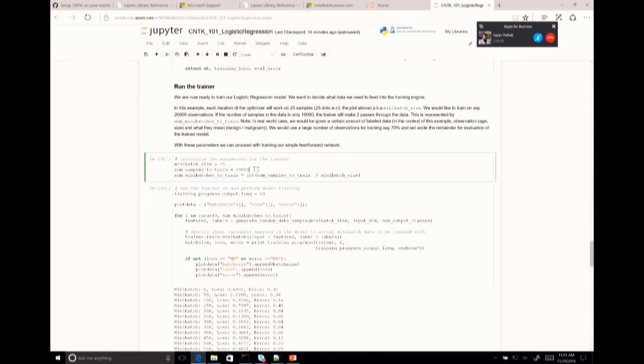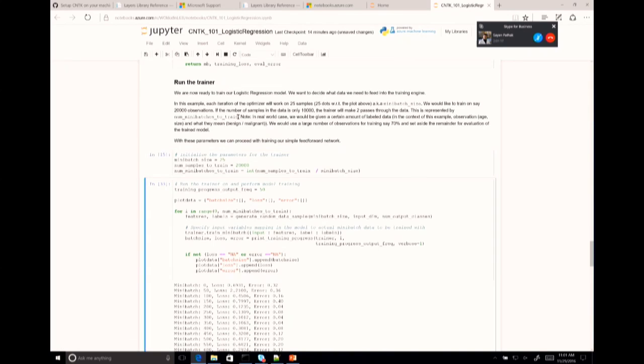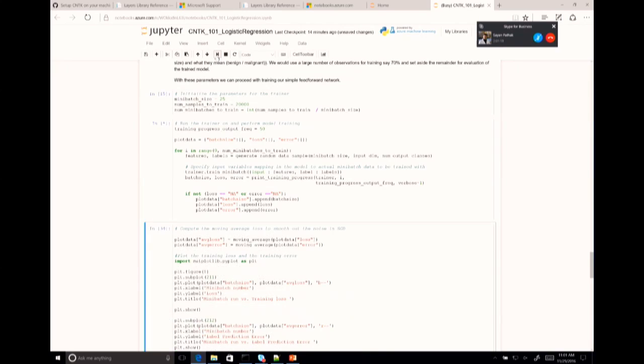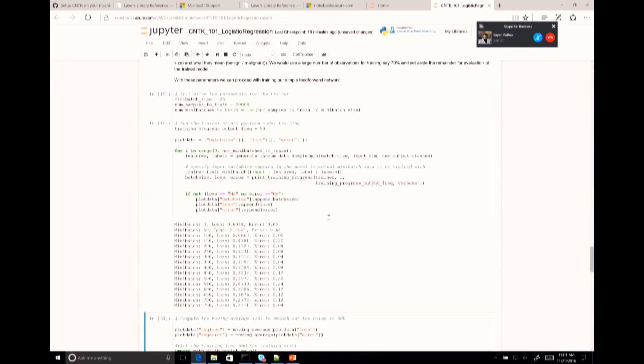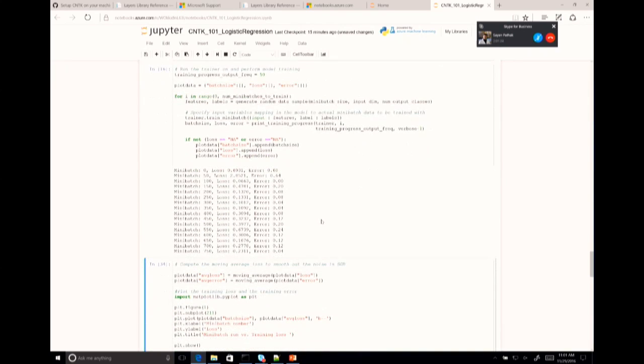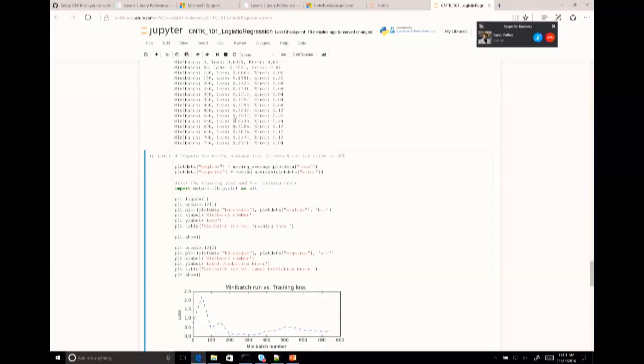Then you have the number of samples to train, in this case 20,000. Typically, you will make multiple passes through your data sets in your training, which we will see later on with the MNIST example. So here I'm going to run the trainer. Ran pretty fast. It's a simple example. So at this point, the parameters of the model have been learned. And let's see what happens